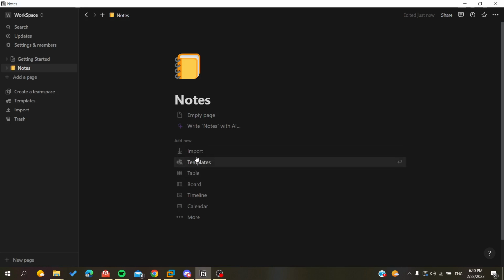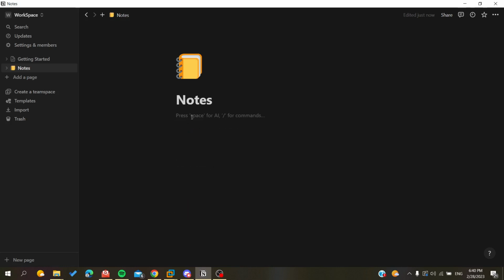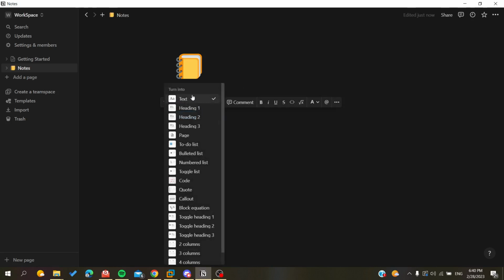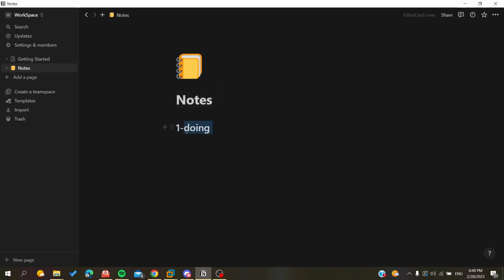And here you have, for example, the notes page, and here you can add some items or import images, or you can make templates that will make taking notes easier, or you can just start with an empty page and start taking your notes. For example, you can start writing what you want here. For example, one, doing something. For example, two, you can format your text, making a heading, for example, step